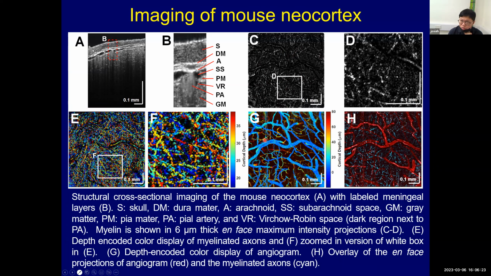I'm going to talk more about how the vasculature information is being extracted in the OCT. If you're not sure how you get the flow information just from the OCT image, I'm going to explain in a while. This image is showing that just using OCT, you can actually visualize the vessels, and you can also visualize the myelin fiber